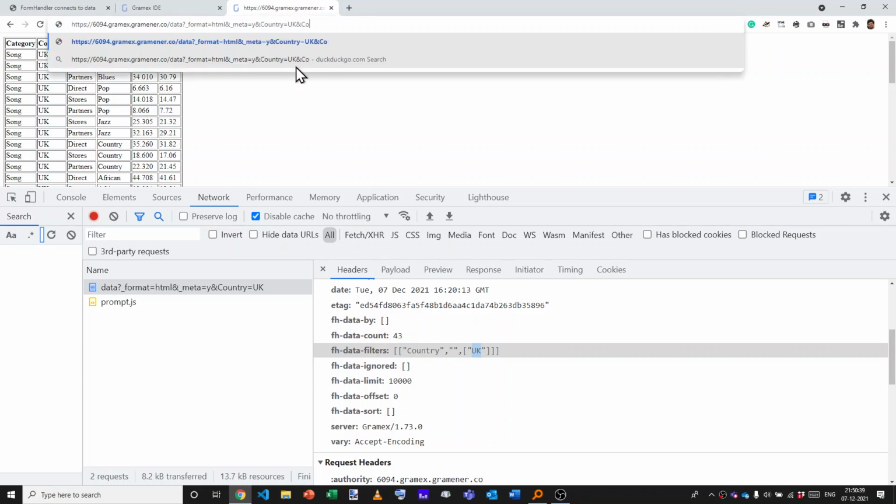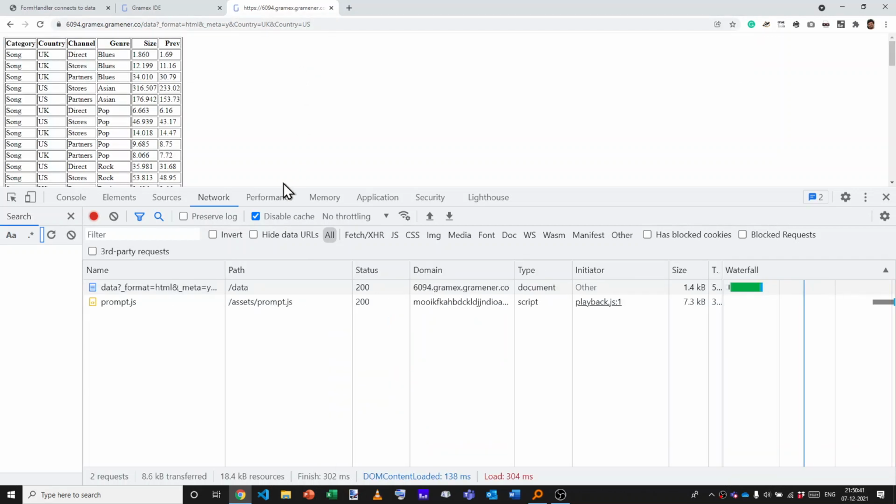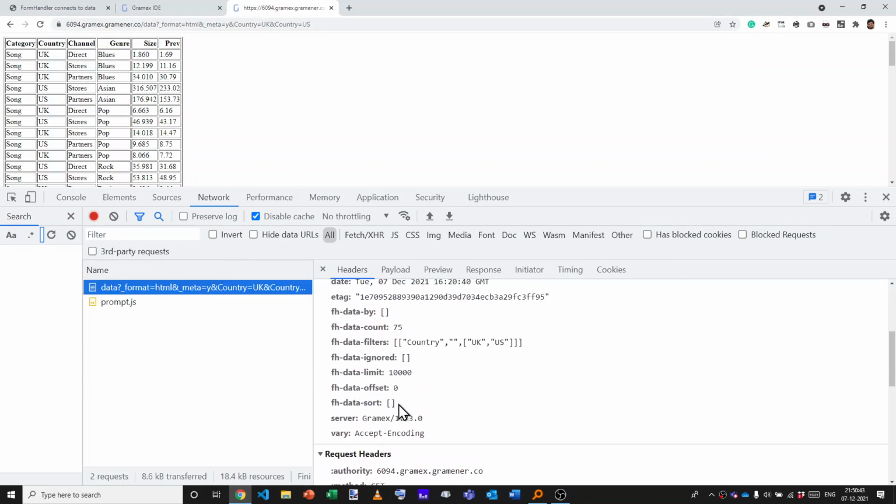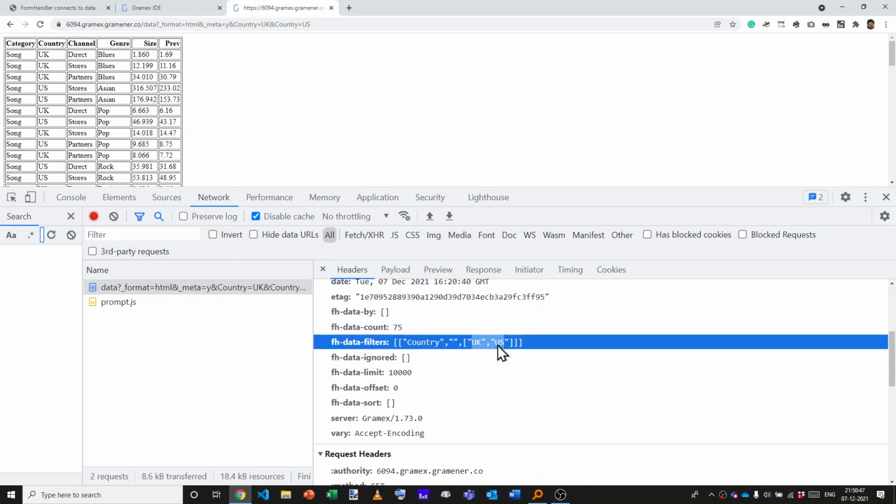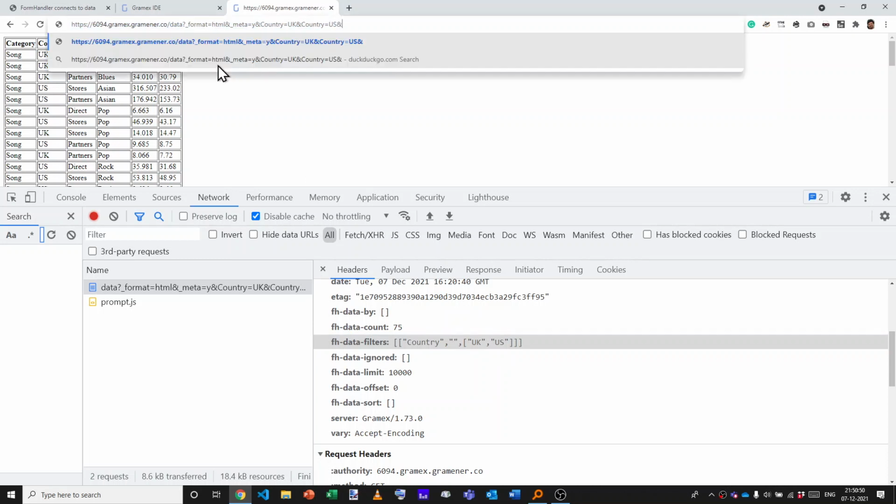So if I said and country=US, then meta becomes country, blank, indicating equal to UK or US. On top of this, I could say, let's say, size>~=100.